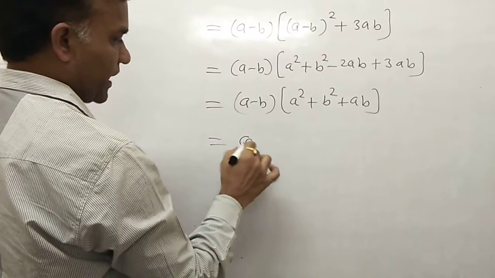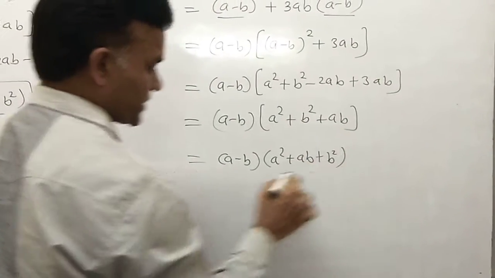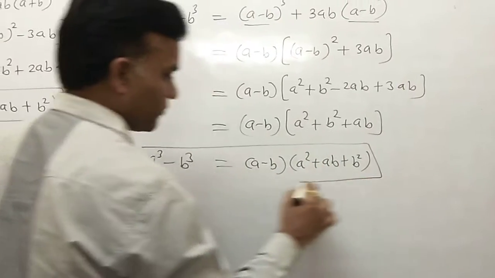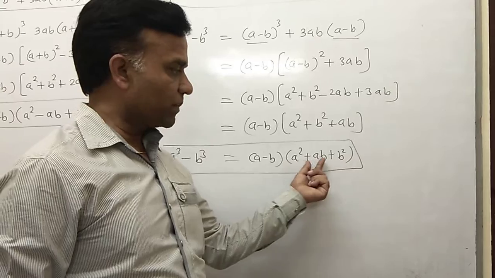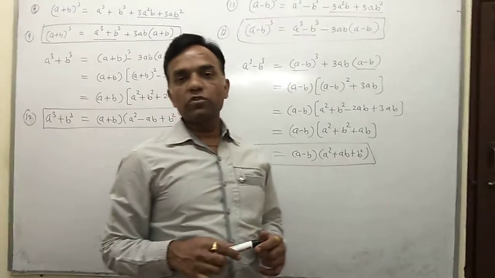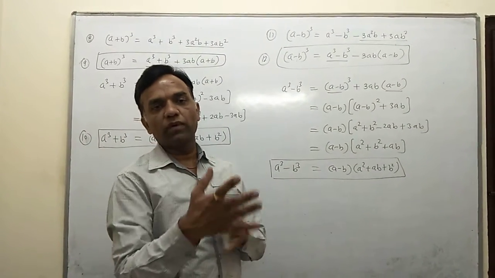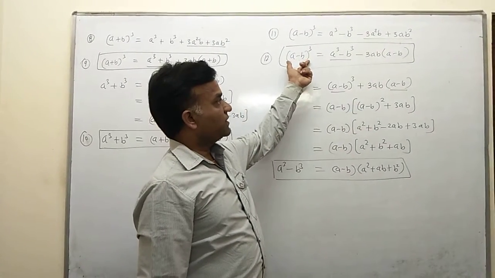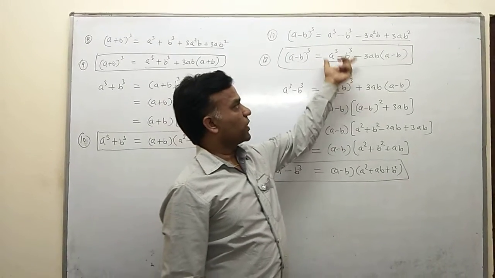So also you can write it in the form (a − b)(a² + ab + b²). So a³ − b³ you can write in the form of factors, because a³ − b³ has two factors, (a − b) and (a² + ab + b²), because sometimes questions ask about the factors. Suppose two terms are given in the form of plus, or two terms are given in the form of minus, then you can find out the factors. So using this formula for finding the factors, you can expand. Suppose two terms are given in the form of the whole cube bracket, and then you expand it by this formula and by this formula.